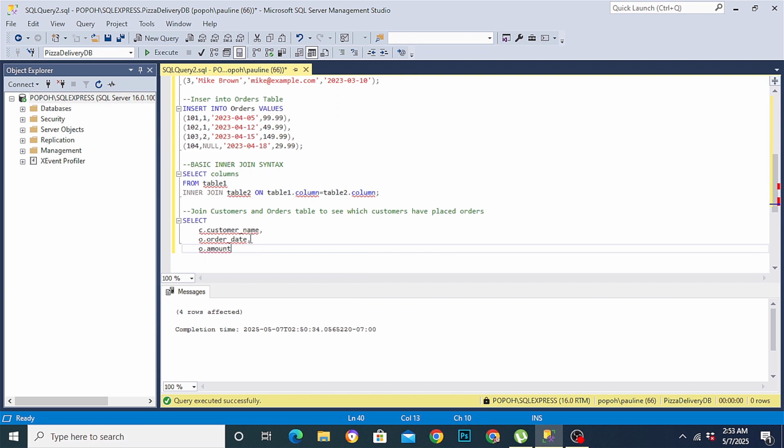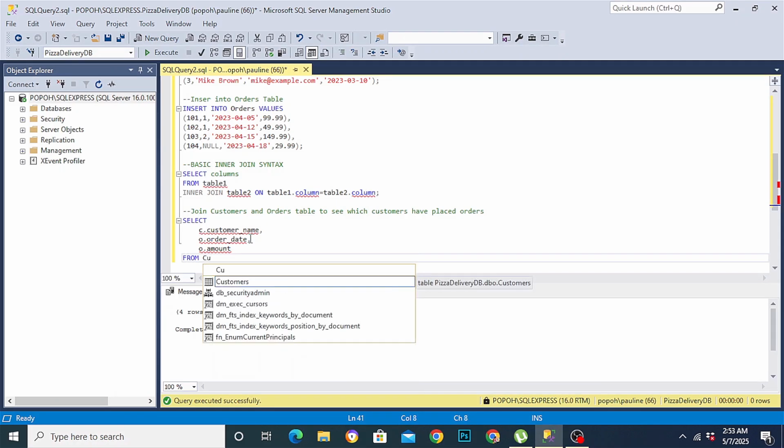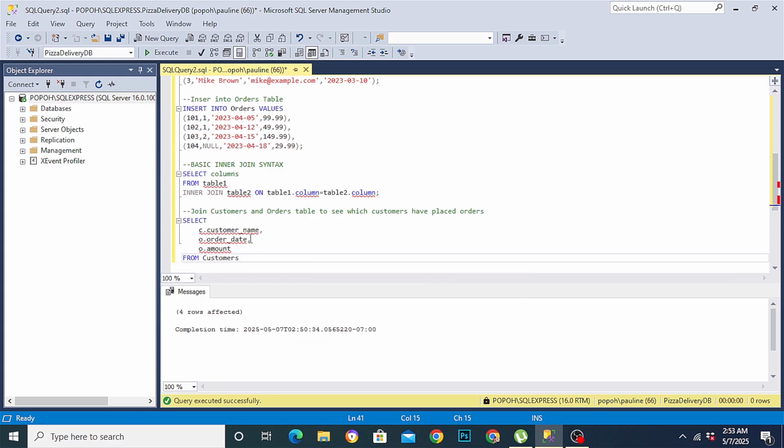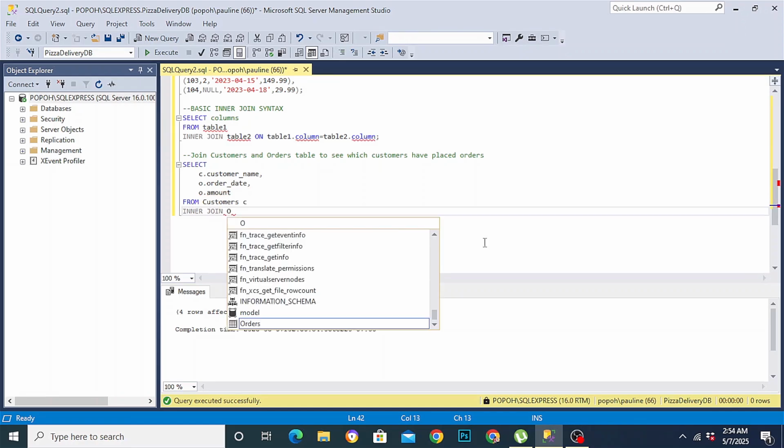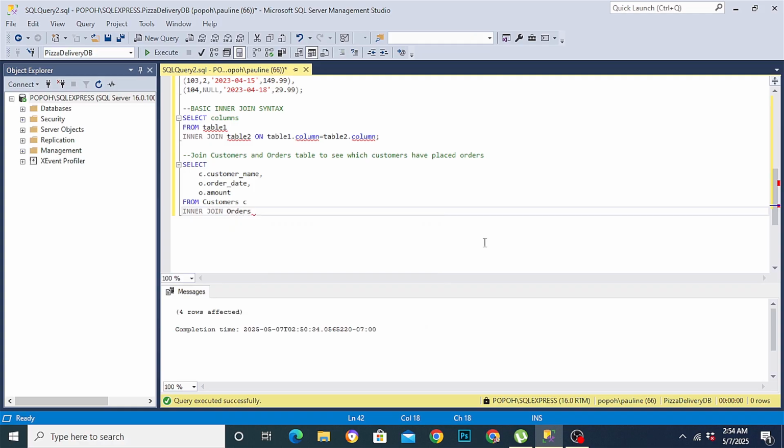All this comes from the customers table, represented by C. Then we want to inner join the orders table, which is represented by O, on